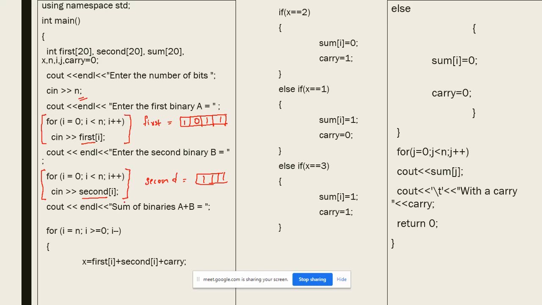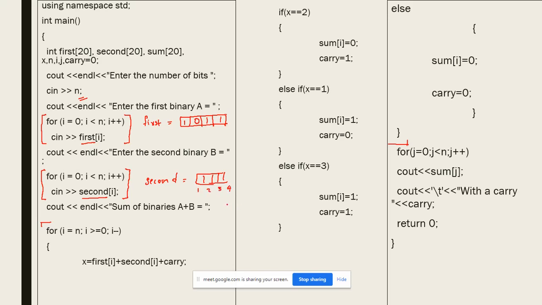And afterwards we have to add two binaries. Now this is from here to here. These are the steps which I have used to add two binaries. This for loop entirely is dedicated to adding these two binaries. Now to add binaries we have to start from the least significant bit. The first binary is 1, 2, 3, 4.